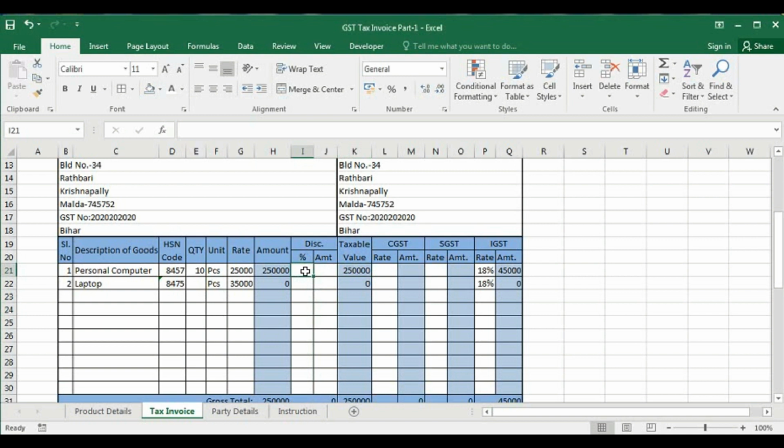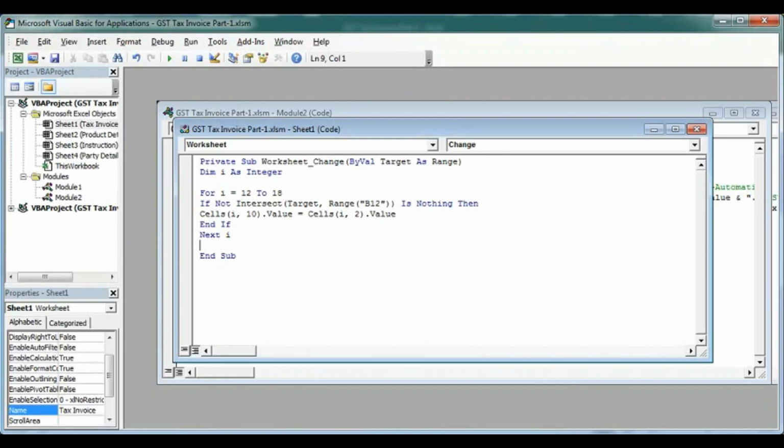So this is column I, that means 8, 9. This column is 8, this column is J, that means 10. 8, 9, 10. So go to View Code again.